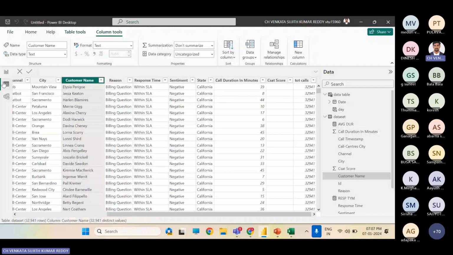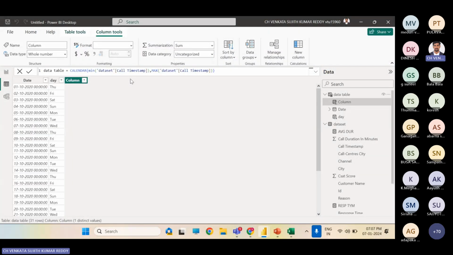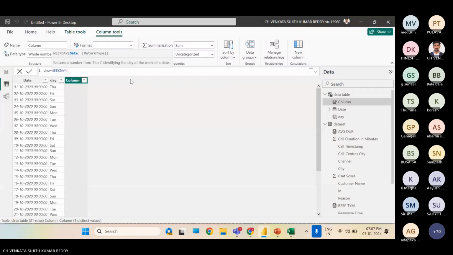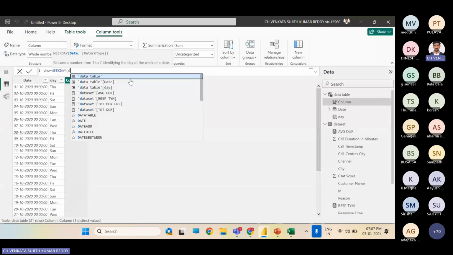Go to the table view. In this data table, we are going to create a new column. And the DAX function is DNO, I mean day number, is equal to WEEKDAY, and after WEEKDAY what we need to keep is on which basis, the data table date, comma, and things start from one.